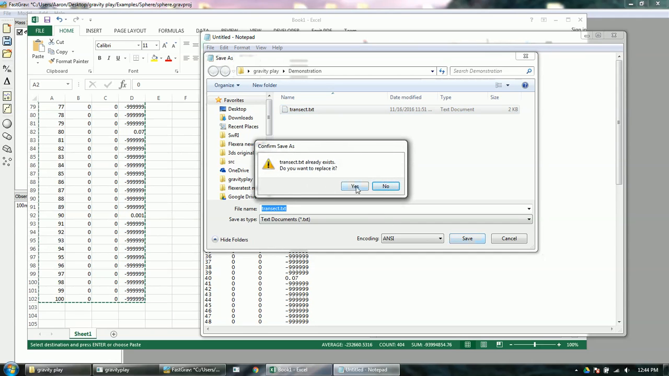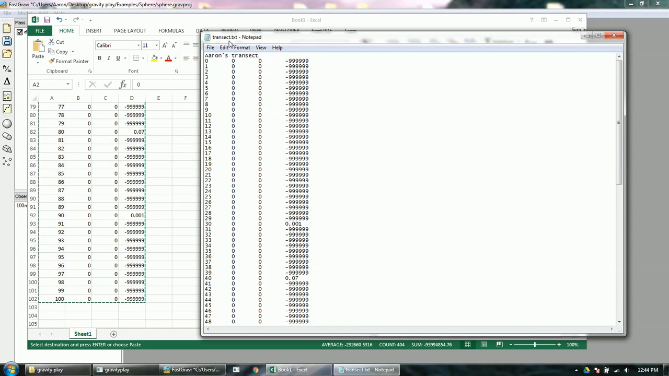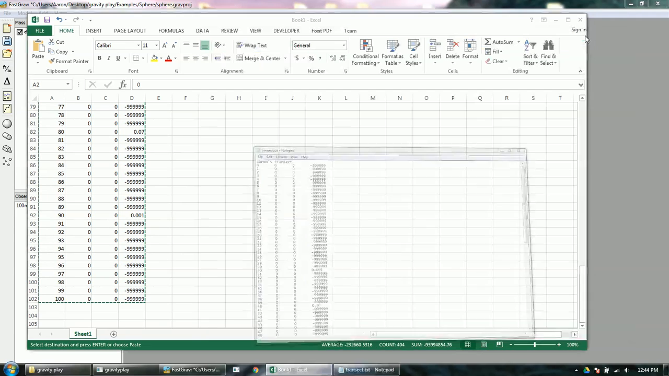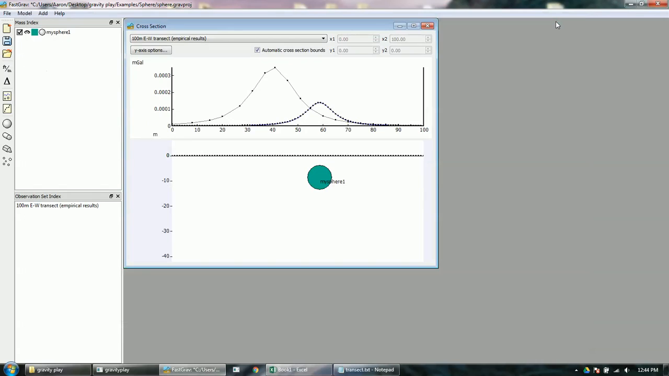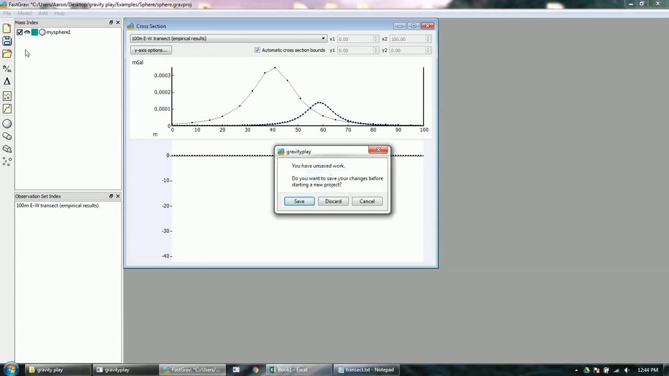I'm going to overwrite this old file. Okay, so now I've saved my observation set as transect.txt. I can go ahead and minimize Notepad and Excel. I will start a new project here,